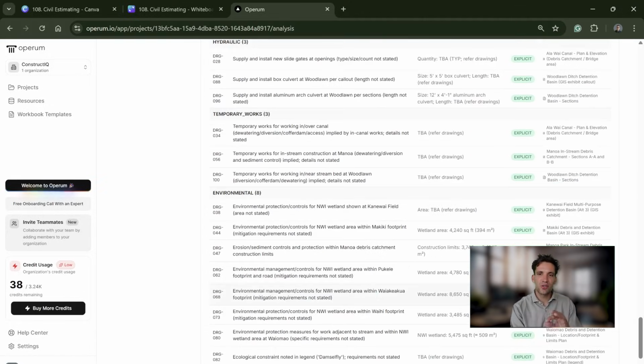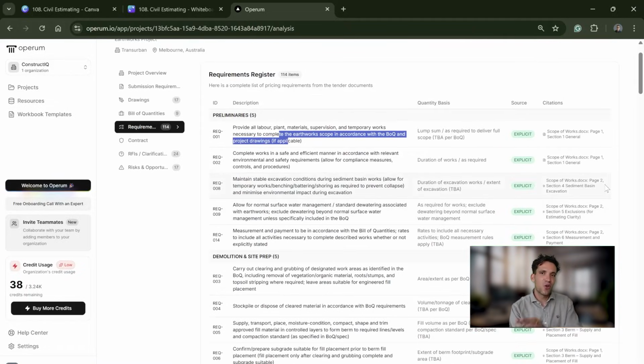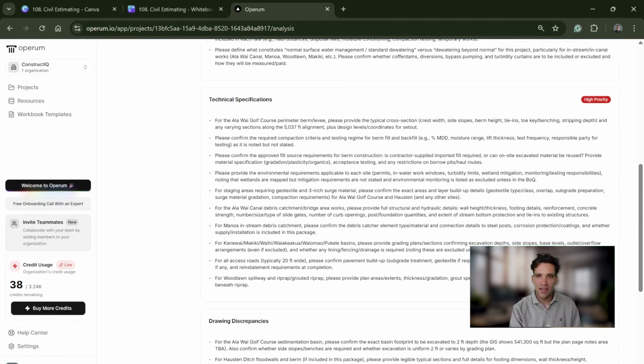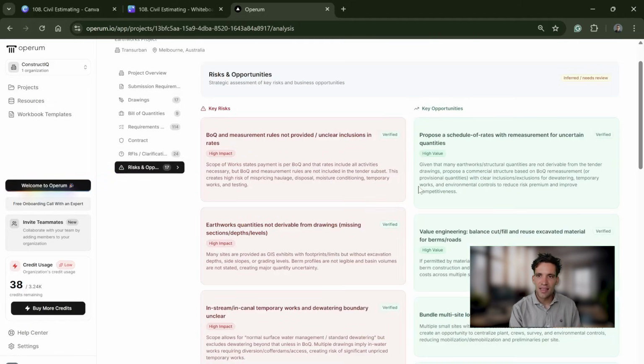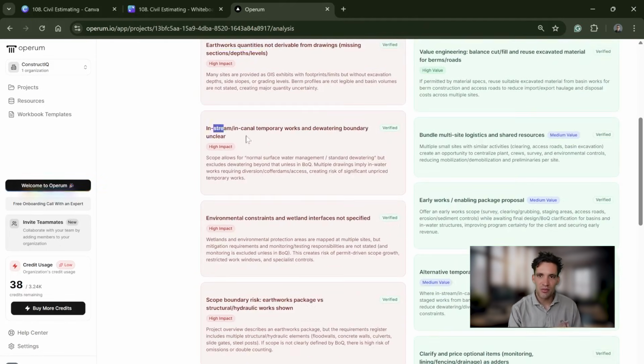So every single thing your client is asking you to price, you can then check that it's in your estimate or excluded in your letter of offer. It's given us some suggested RFIs and clarifications, and then the key risk and opportunity. So it said the key risk is the BOQ and measurement rules not provided, unclear instructions in the rates, earthworks quantities missing from the scope,